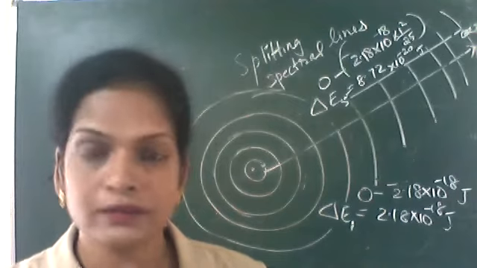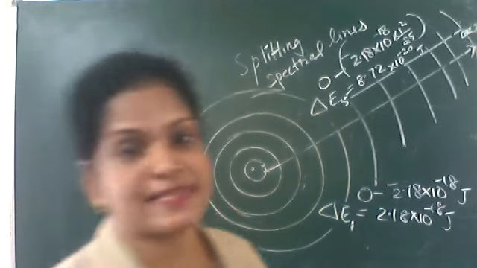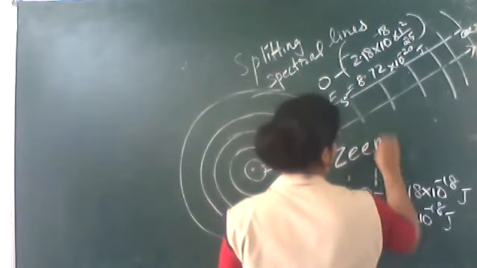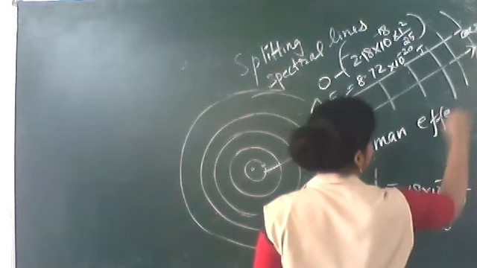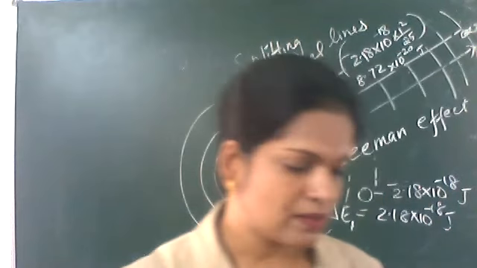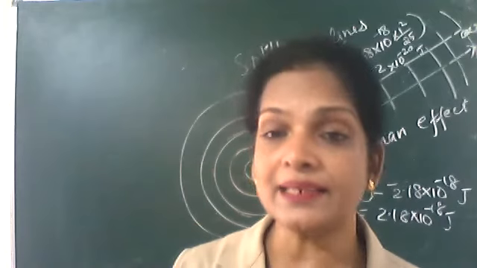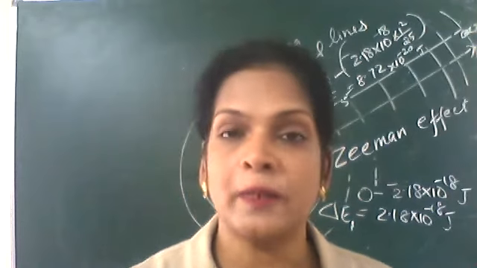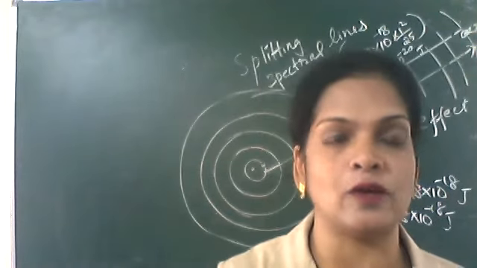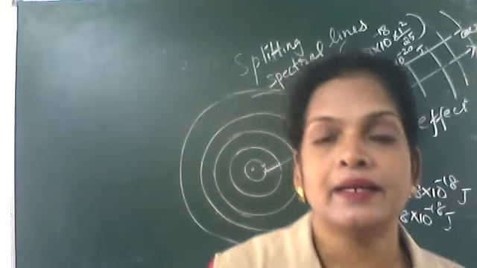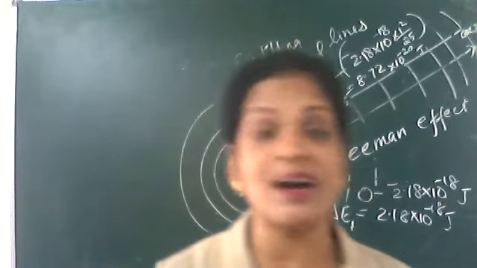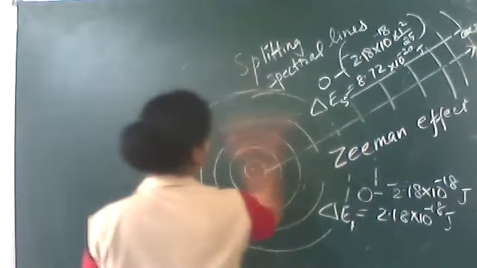In bracket you write, this is called the Zeeman effect. Z-E-E-M-A-N. Zeeman effect. Close the bracket. Or in electric field. Splitting of spectral lines is possible in electric field also. When an electric field is applied, again each line is split. He was unable to explain that also. In bracket you write Stark effect.